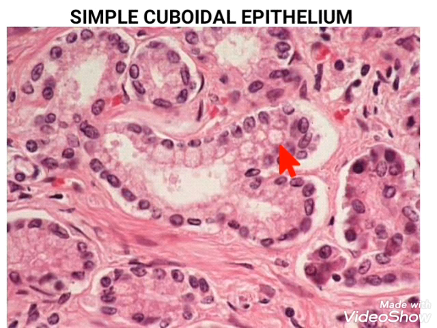Now let's talk about the location of the simple cuboidal epithelium. It is present in the smaller ducts of exocrine glands. It is the lining epithelium of thyroid follicles. It is the epithelium covering the ovary. It is present in the choroid plexus and the inner surface of the lens of the eyeball. It is also found in the pigmented cell layer of retina. The simple cuboidal epithelium is mainly involved in transport, absorption and excretion, and synthesis and secretion of substances.